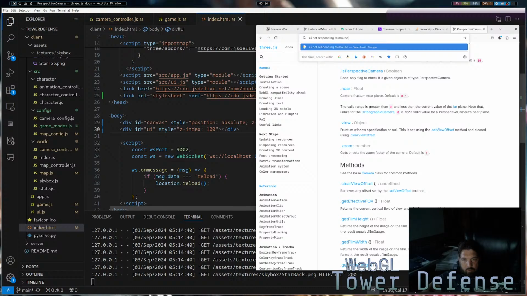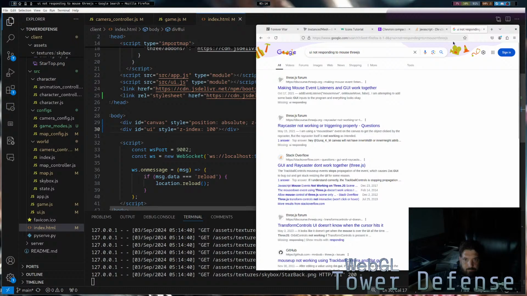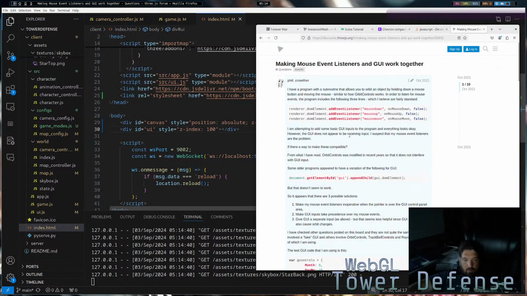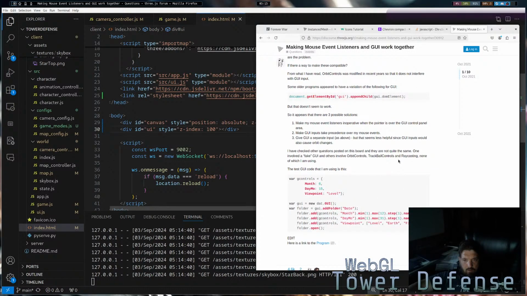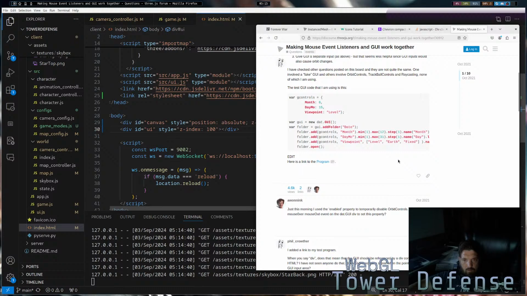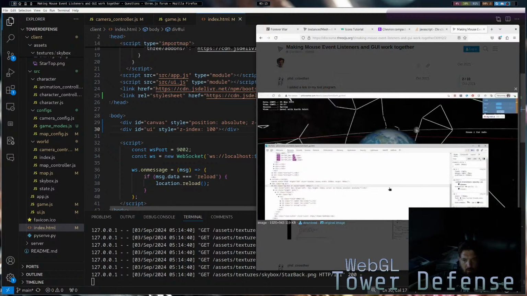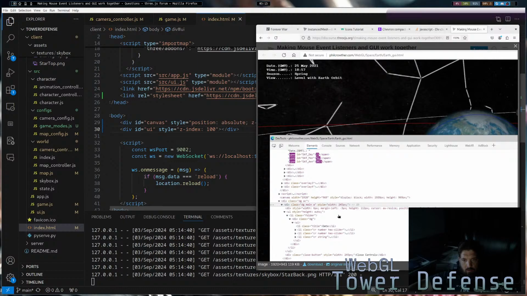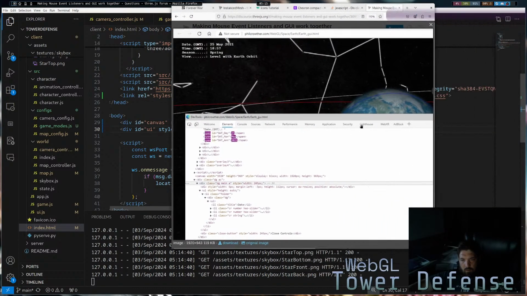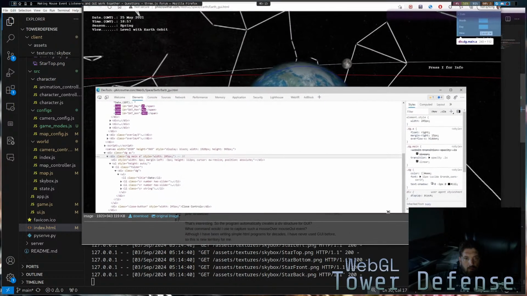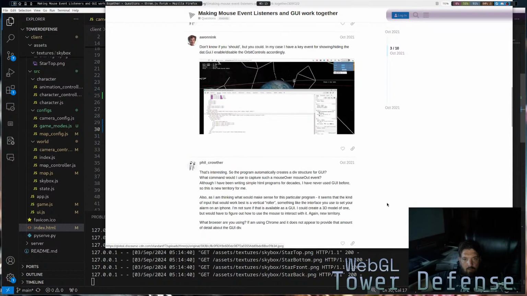UI not responding to mouse three.js. Doesn't help. I mean,